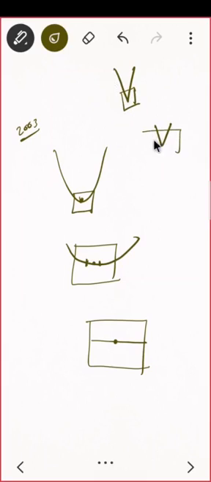Correct? If you zoom this part again you will get the same. At this point, if you go this side the value is this, and if you go this side the value is this. Again, if you zoom this, you will never get a straight line. Do you see? Correct? Do you see that?